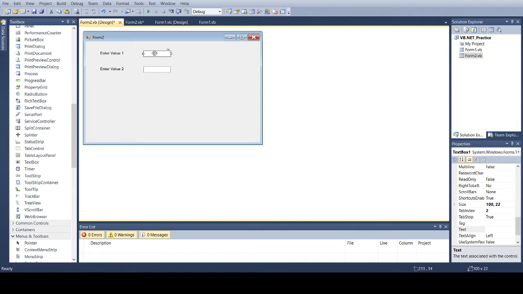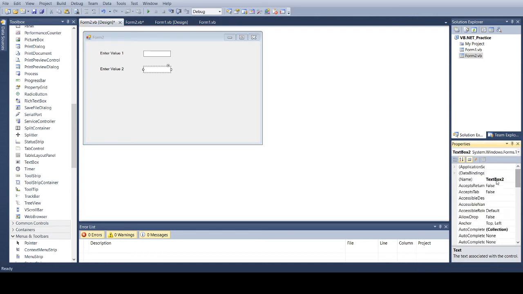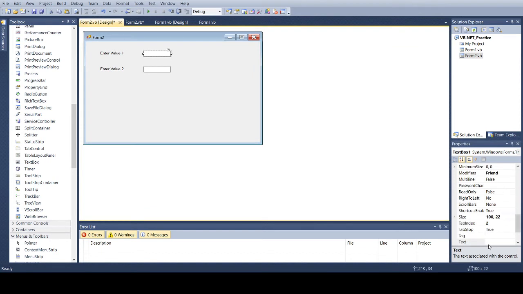Again, the text box has the default name TextBox1. This text box will have the default name TextBox2, and the text property of these text boxes will be blank because the user enters the value during execution of the program.